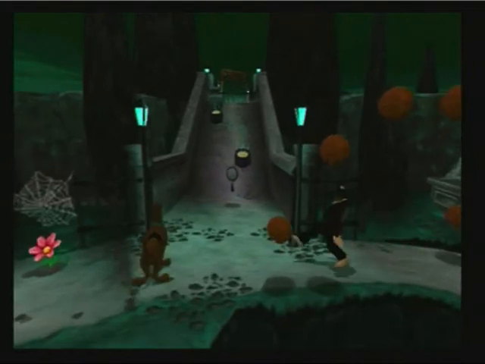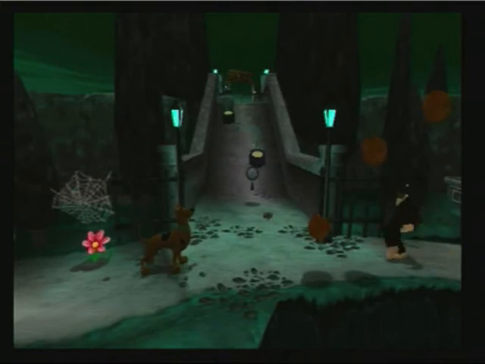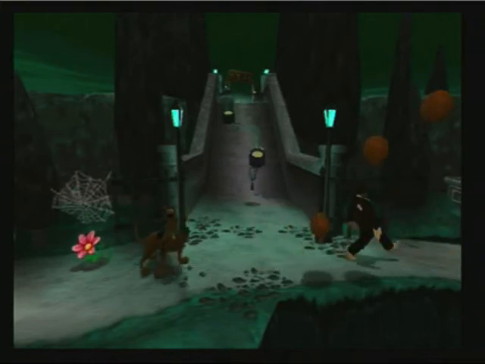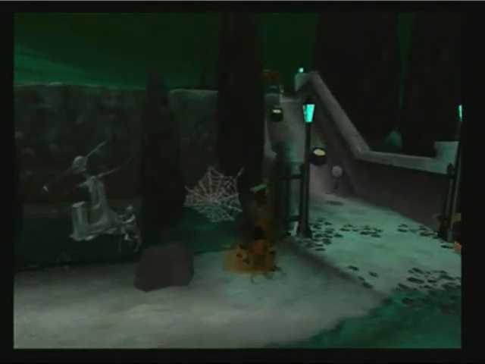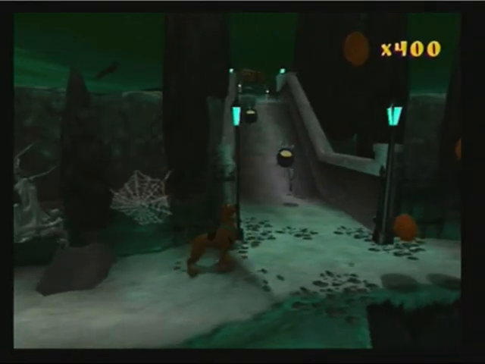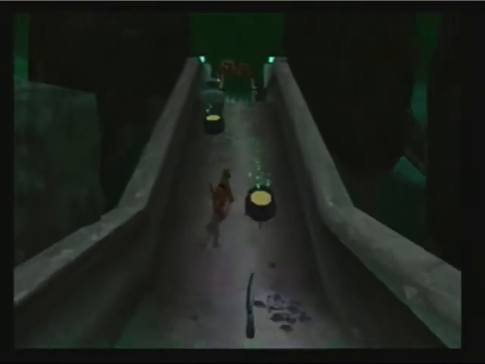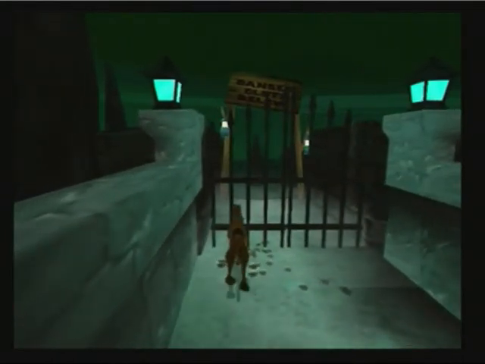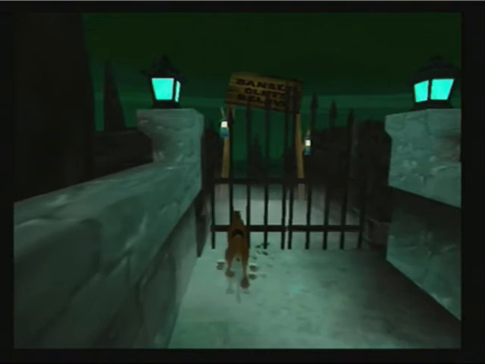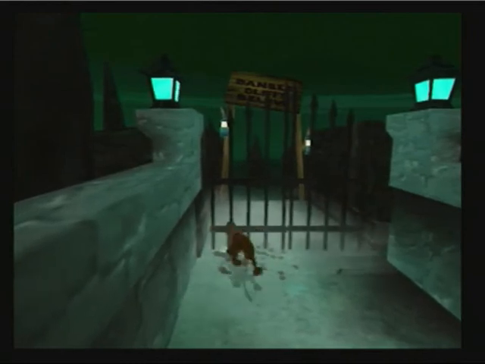Okay, so I'm going to show you how you can get to the other side of that gate. It's relatively simple. First you dig that up for the Scooby snack. Then you just go up here. Avoid that. You just helmet through,